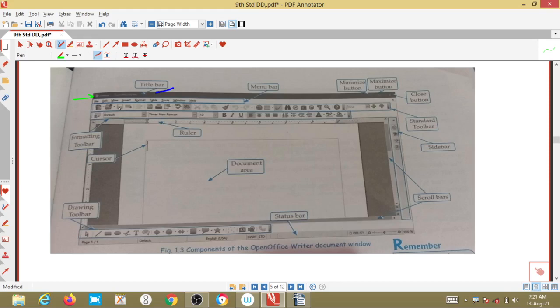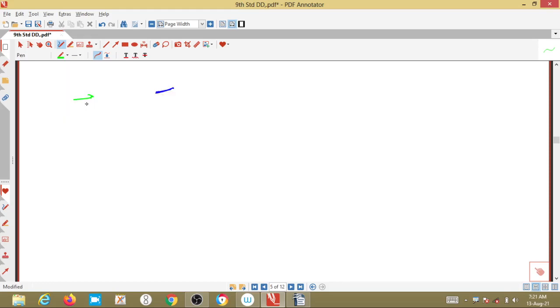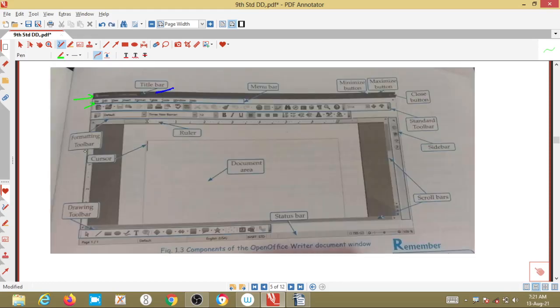This is the title bar, present on the top of the screen, and it contains the file name, whatever file name you have given. At the right corner we have three buttons. What are the three buttons? See here: minimize, restore or maximize.